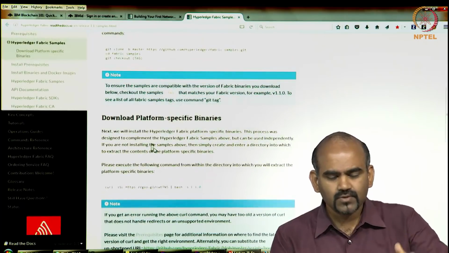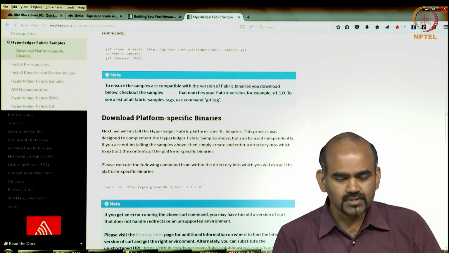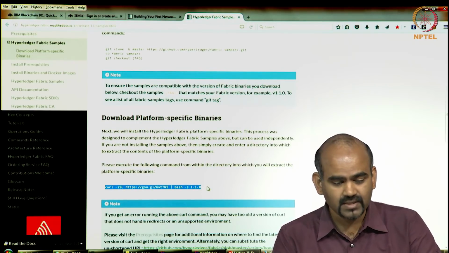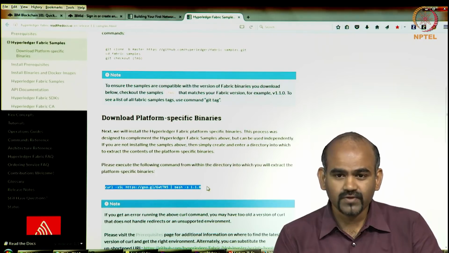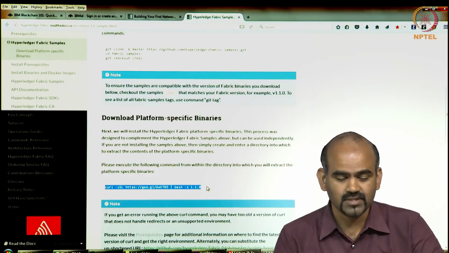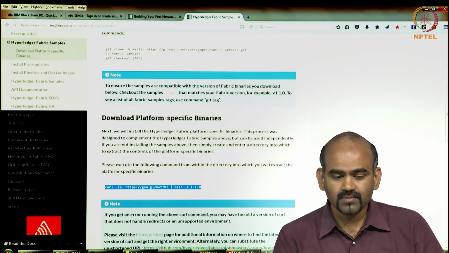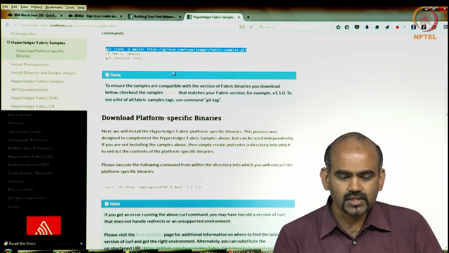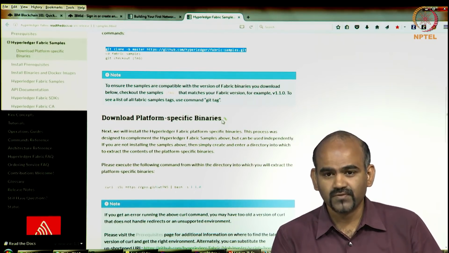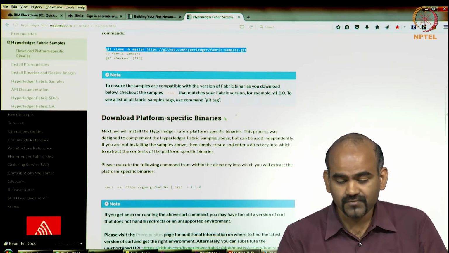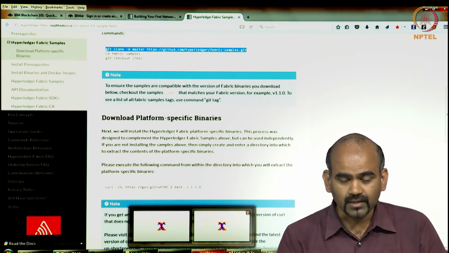Once you've done those steps and got the Fabric samples, get the binaries as well. Actually, the Docker containers are going to be fetched with the binaries. So in this step you have to fetch the binaries, the peer and orderer binaries. This is where it'll actually take the 10 minutes. Cloning the GitHub repository itself is just the code, so that will be fast. These two steps are something you have to run. It probably will take you 10 to 12 minutes, but I've already done that for my VM, so we're going to start with that.